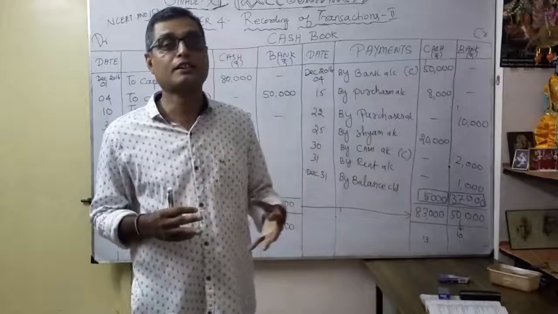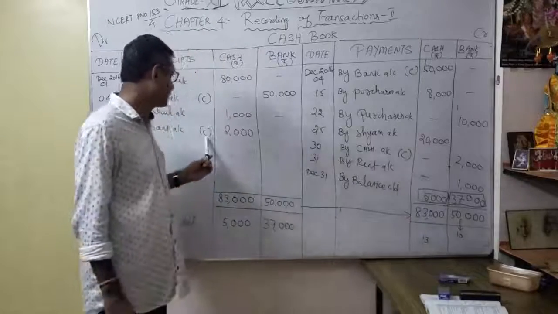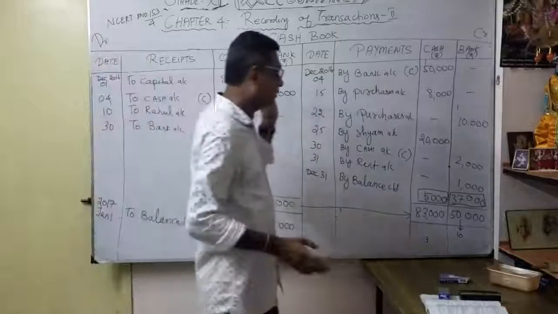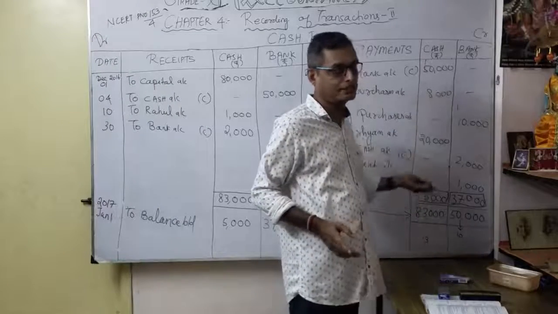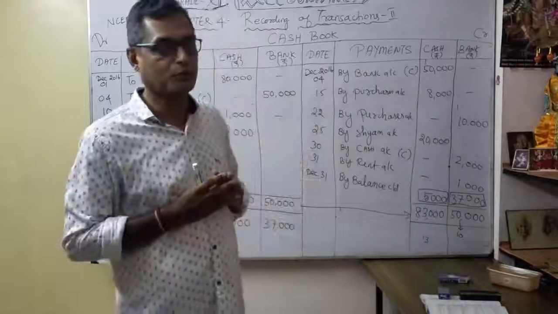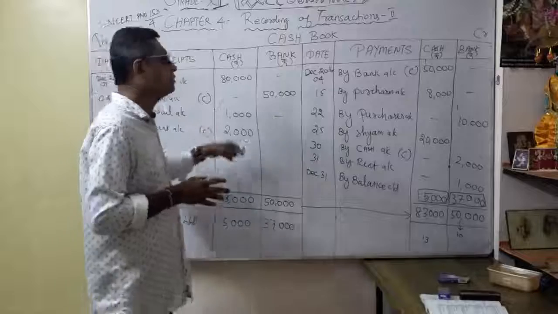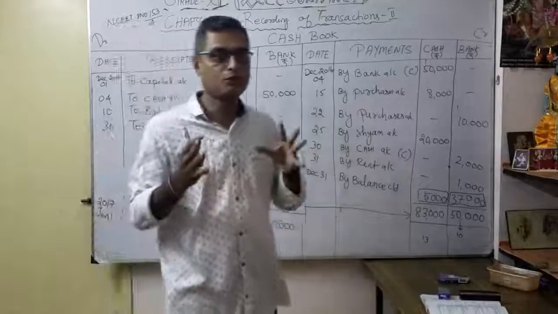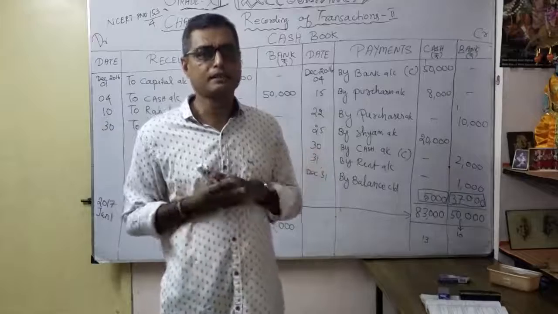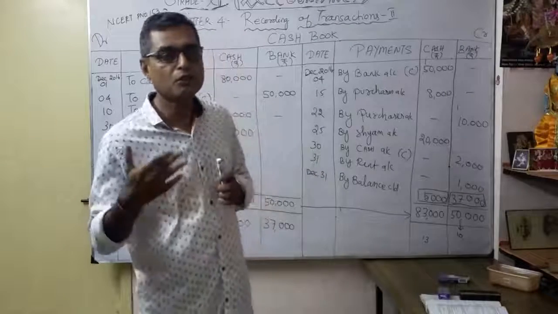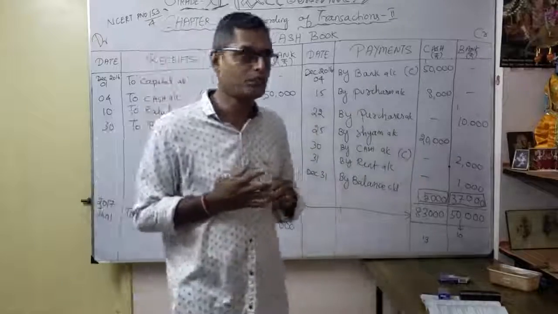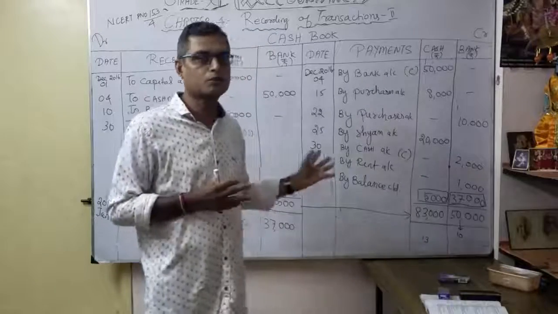Whenever you make a contra entry, you have to mention the bracket contra. Once you put it on your debit side first, always immediately check whether you have done it on your credit side. Then only you know that you have done both sides. Okay, understood. Likewise, you have to do the double column cash book. Once you are strong in the double column cash book, the single column cash book is very easy. For us there is no triple column cash book, only single column and double column cash book. So accordingly, I hope you will work out this problem.